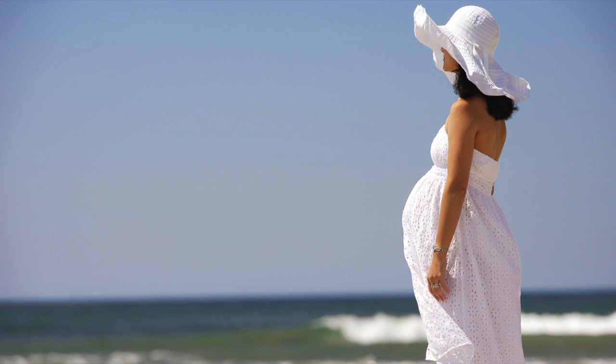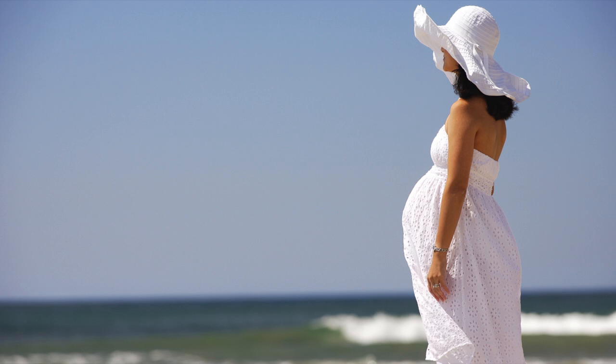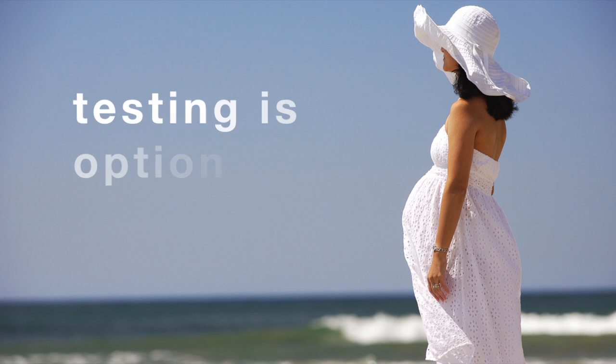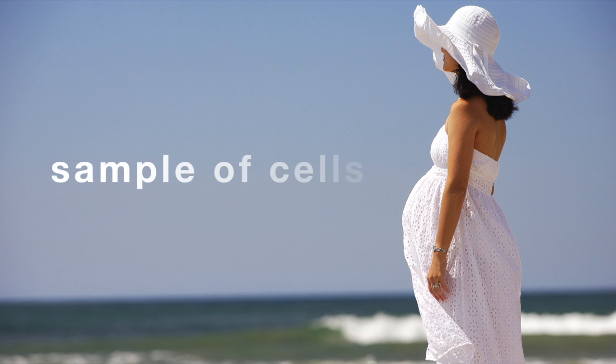Now you know a little more about chromosome problems. The next step is to learn about the test that can tell if your developing baby has this type of birth defect. Testing for chromosome problems is optional, so you can decide if you want this kind of information or not. In order to test for chromosome problems in your pregnancy, we have to get a sample of cells from